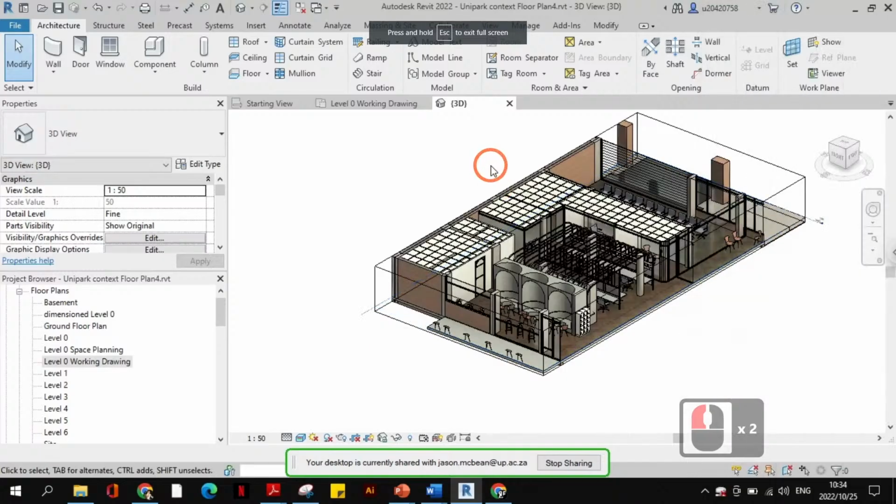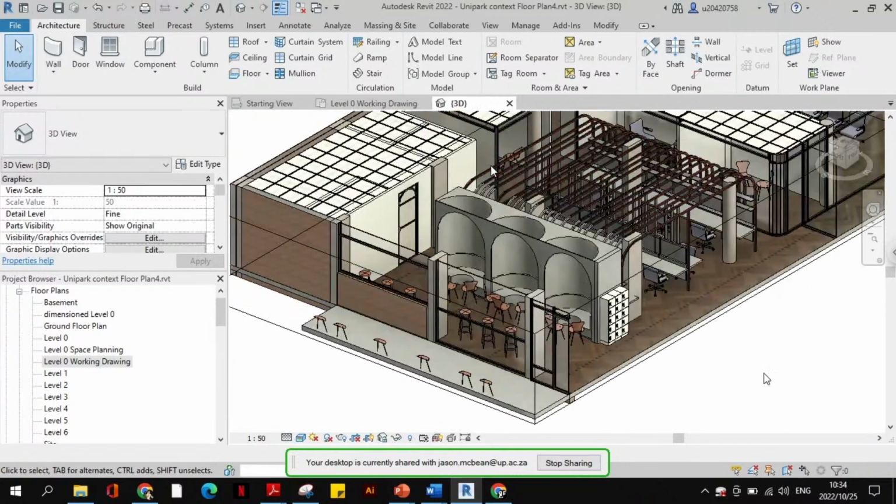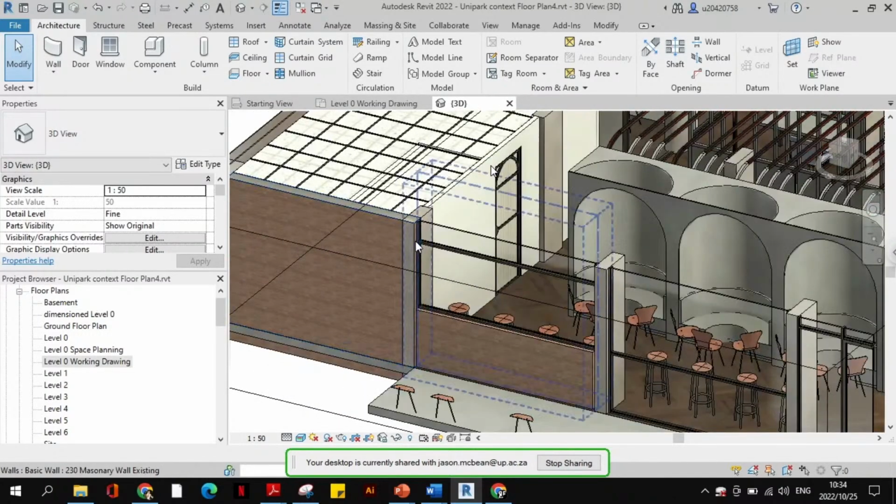So this, where do we start? But hey, it's looking, it's getting there. Holy smokes! Yeah. So currently what I'm struggling with is these windows here. They need to be like